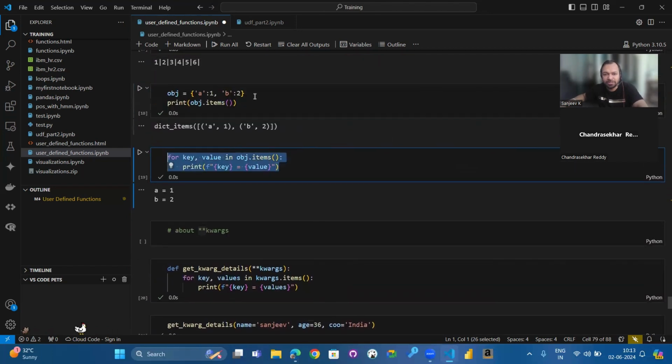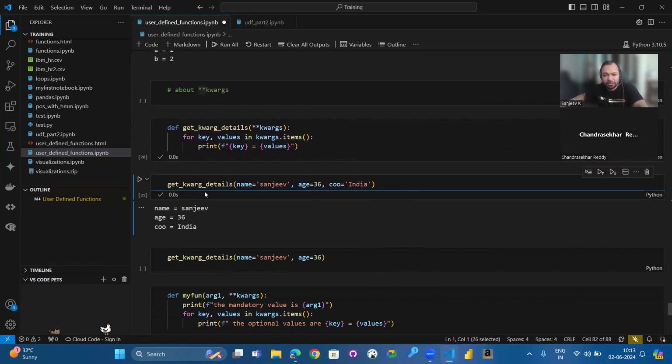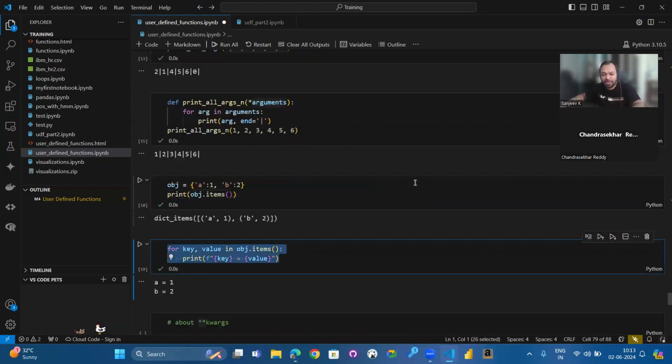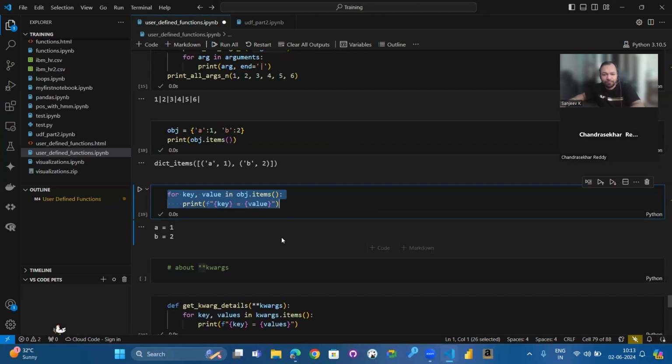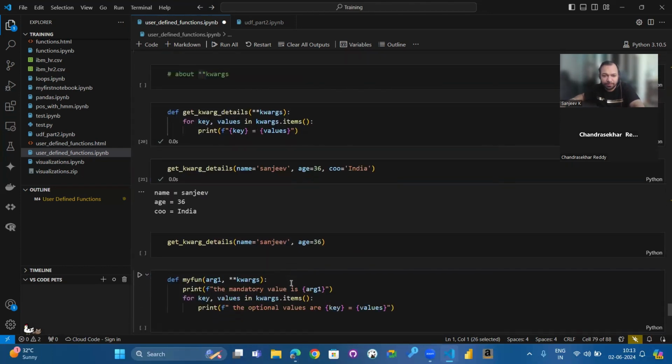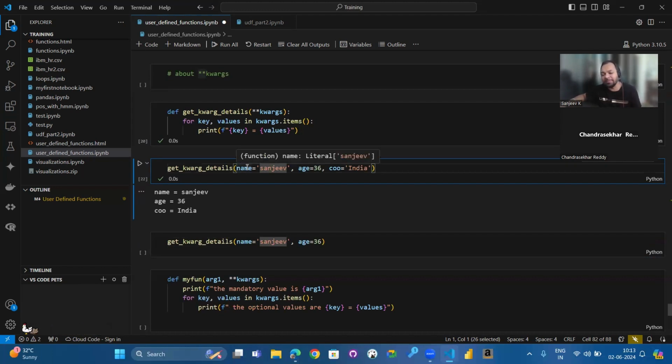Correct? You saw in object we have a dictionary. Same in kwargs also, you have a dictionary. The only thing is that when you try to do this, you may never know what kind of arguments you have. The key names can be different, the values can be different. So when you're writing a function based on some key name, and you don't expect that key name, then it can be a problem.